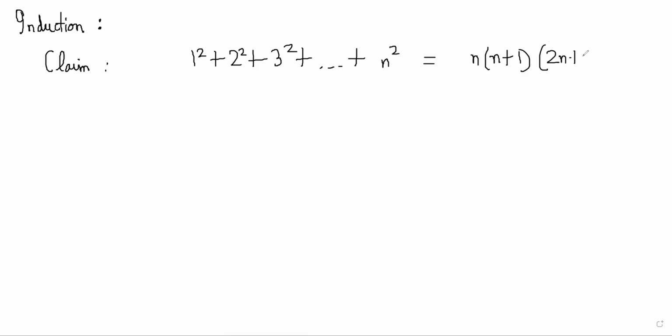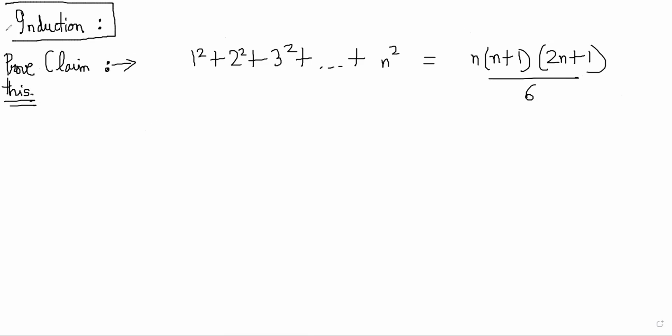Okay, so what I want to prove is this claim. My claim is 1 square plus 2 square plus 3 square till n square is equal to n into n plus 1 into 2n plus 1 by 6. Somebody has said that this sum is equal to this, and I want to prove this. Oh wait, I think my Olympiad teacher has taught me this. So how do you prove this then? The proof is by induction.